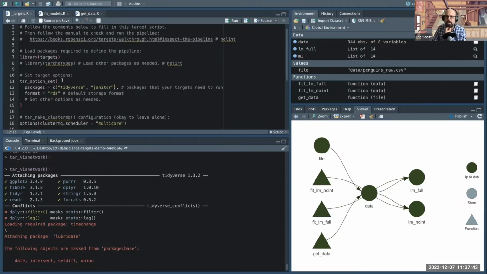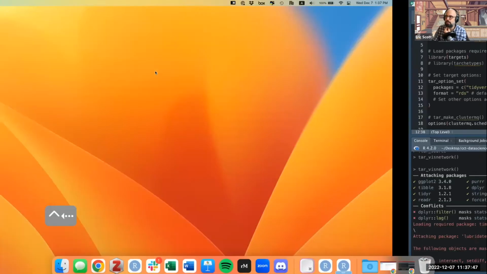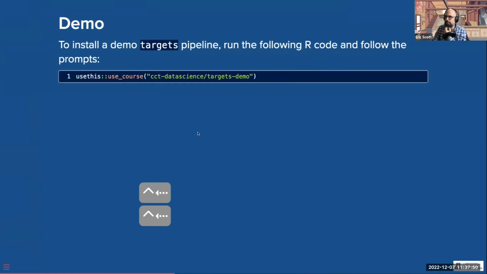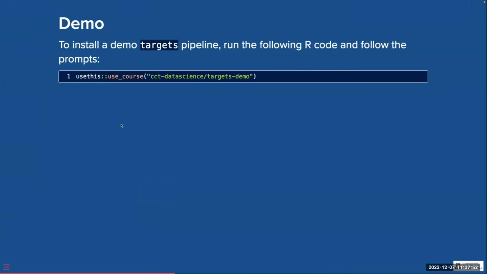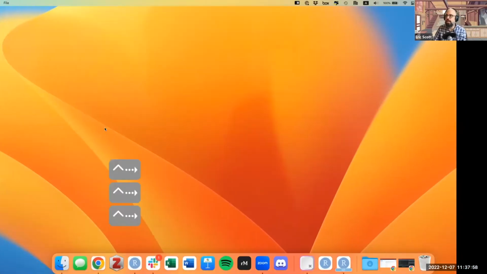So in the interest of time, I would like to move on. Would you mind copying and pasting your tar_targets list into the chat? Oh, sure. Yeah. I am getting an error,